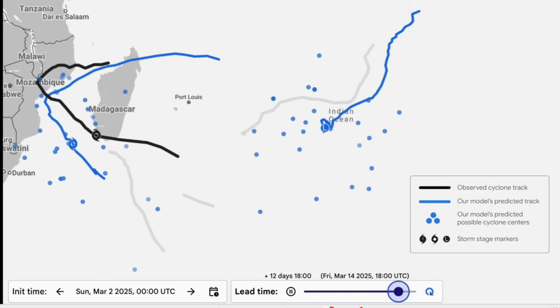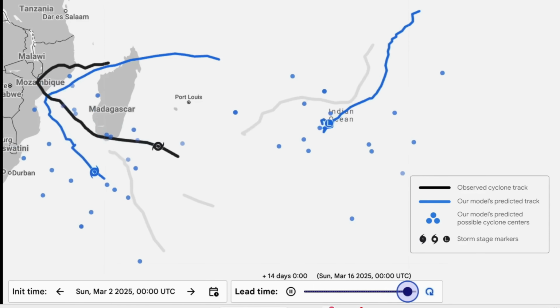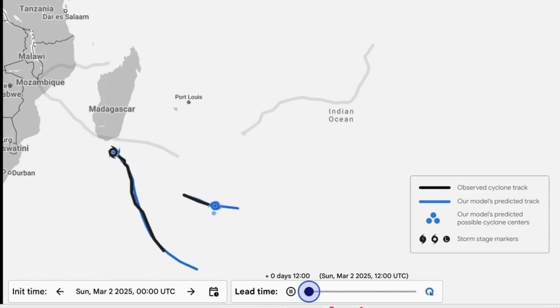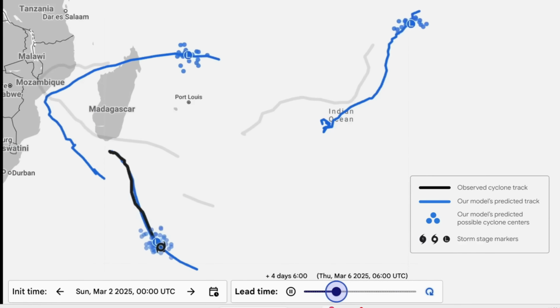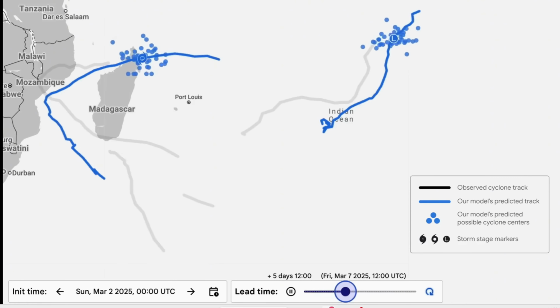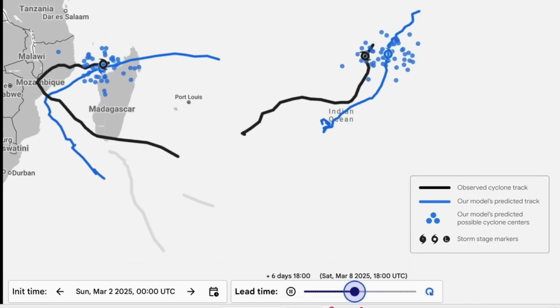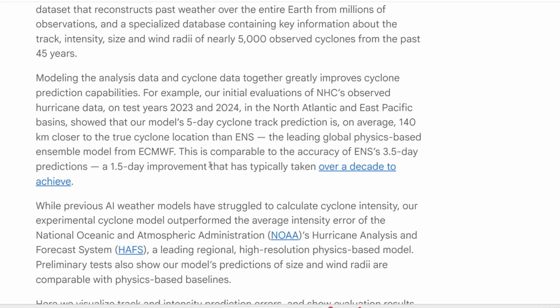So in this example, the black lines are where the cyclones actually went, and the blue lines are what this AI guessed. It's pretty spot on with what actually happened, and the fact that it can predict 15 days ahead is really what makes it so useful. Here's what's impressive about this AI model. It's as good as, or even better than, other top prediction systems out there, like ENS, which is the main